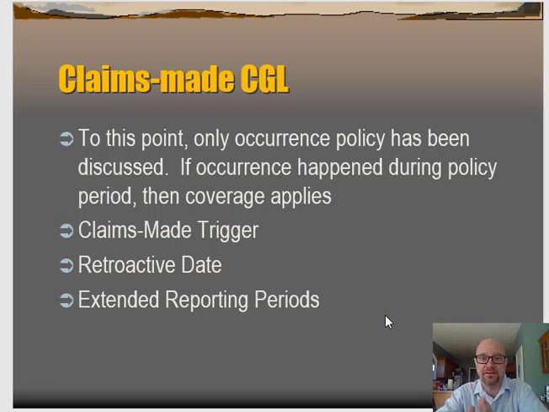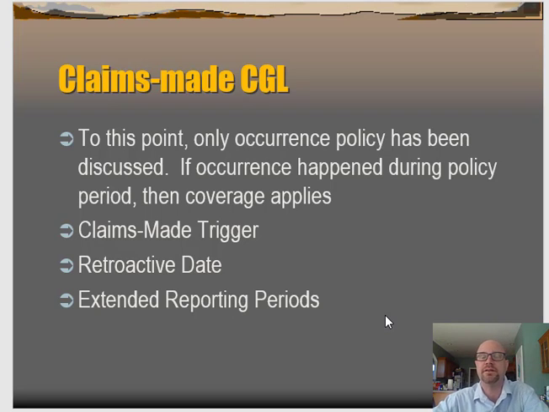So if the policy expires and a claim hasn't been made, then coverage ceases. You can imagine, especially since we're in the end of the year, it's December, and on December 31st, we might not be aware of claims that are going to be filed for something that happened on December 15th. That's only 2 weeks. It would be real easy for somebody to file a claim based on something that happened on December 15th and not file for 6 months or a year or a long time. If you stay with the same insurer on a claims made basis, it doesn't matter. That isn't going to change anything. It's when you switch that can cause problems.